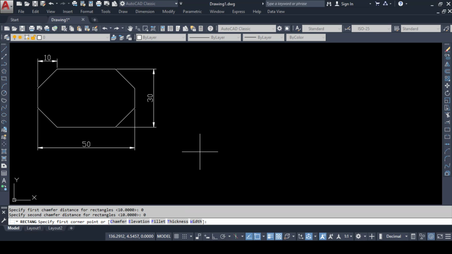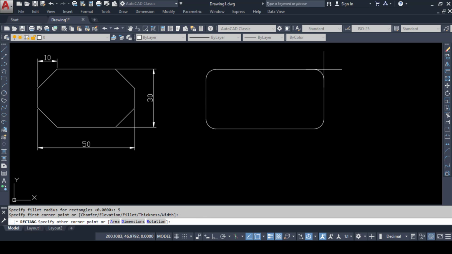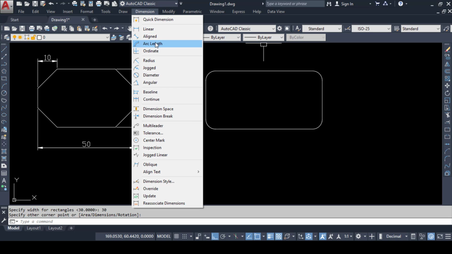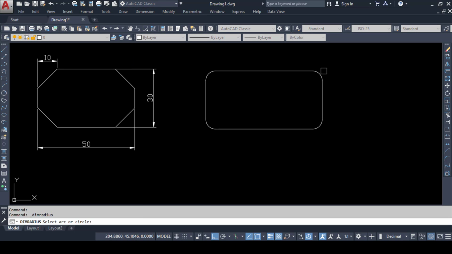Now to make the circular rectangle, I will press F and press enter, and I will give the value of fillet as 5 in this case. Now again I will give the first corner and I can give the second corner directly. Or if I want a dimension method, I will press D enter, and enter the value of dimensions as 60 and 30. Now in this case, if I see the dimensions back again, it will be giving me the end radius as 5 over here.